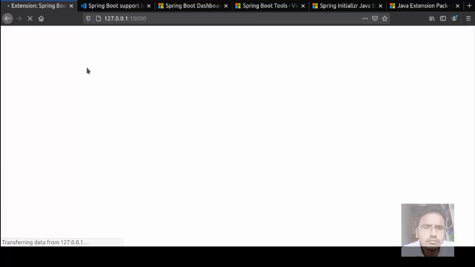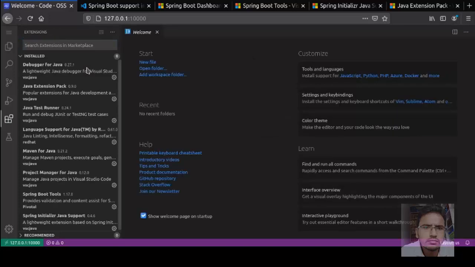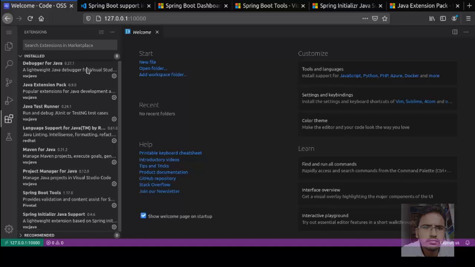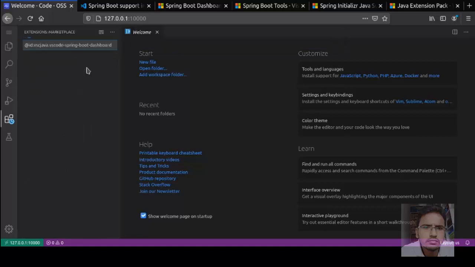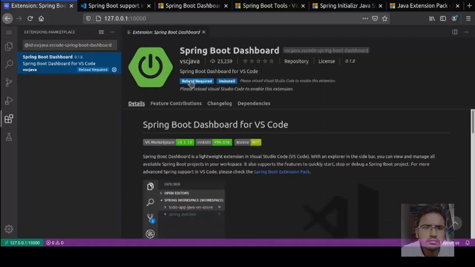Reload it. Command P or Control P, copy and paste the Spring Boot Dashboard, reload it.